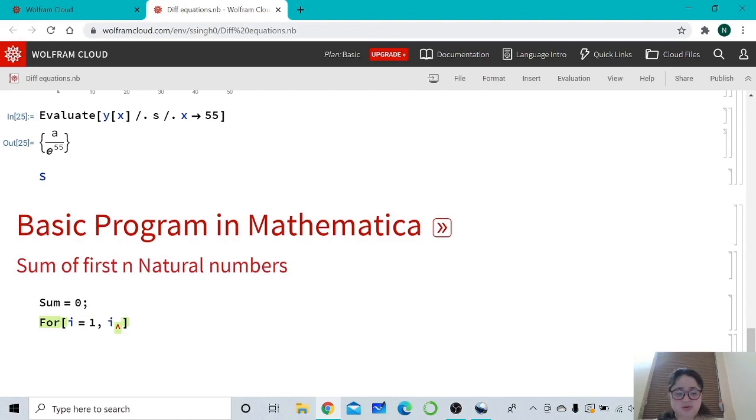For less than or equal to, I type less than and then the equal sign. Say I want 10 iterations, so I type 10 over here, comma, i plus plus, that means we want to increase i by 1, comma, sum,